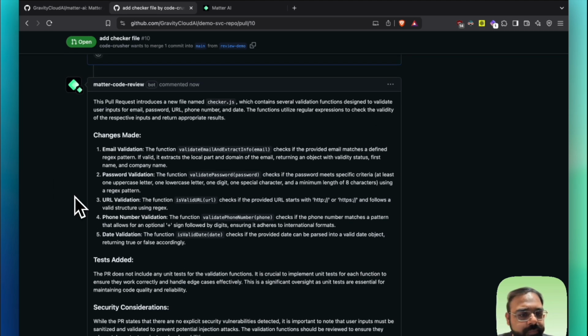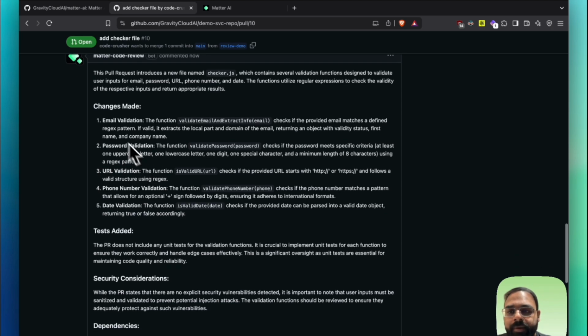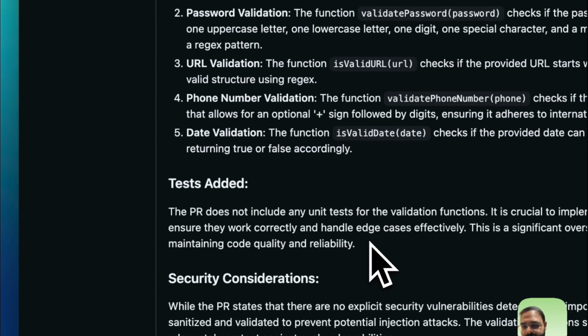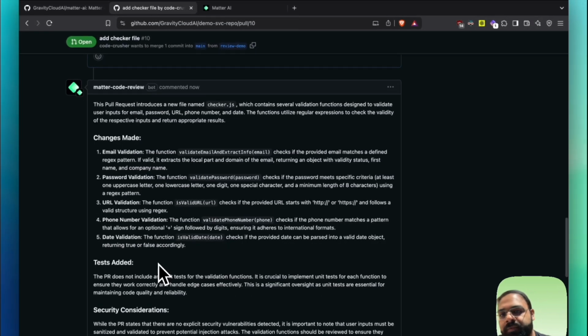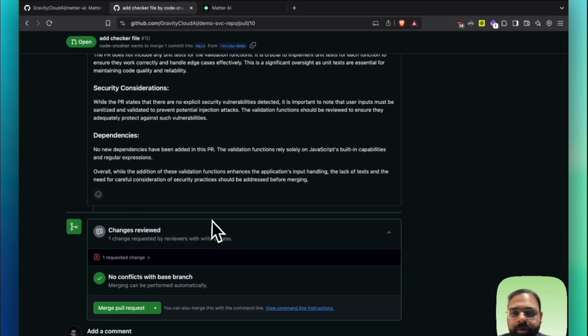So this is a bit different from the summary. Summary is for the team to understand the pull request, and explanation is something specifically for the reviewers or managers to understand, okay, what happened, what are the step-by-step changes that have happened. So yeah, this is the explanation for me. Everything looks good. I can approve it if needed, and I can go and merge the pull request.